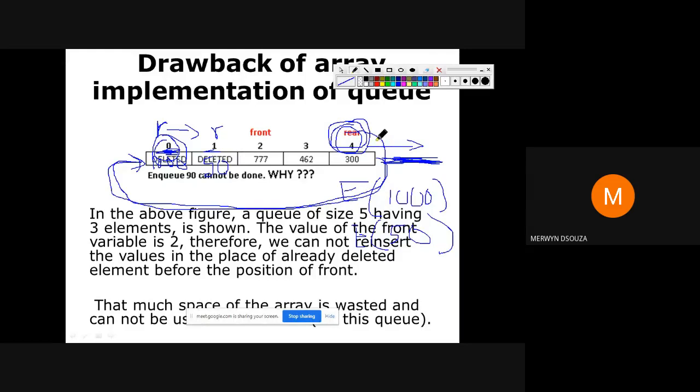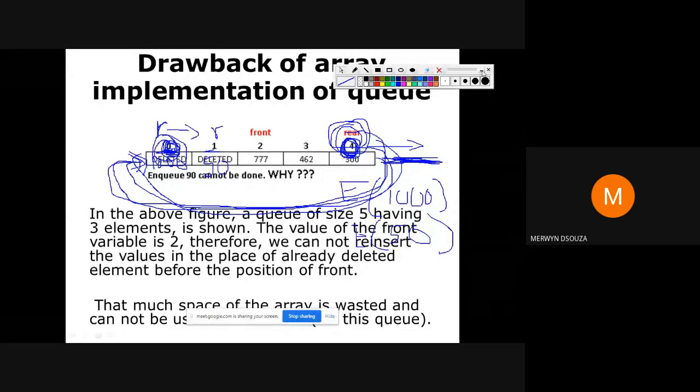So it works in a circular fashion. From the last index of the array, we come back to the first index, which is normally 0.